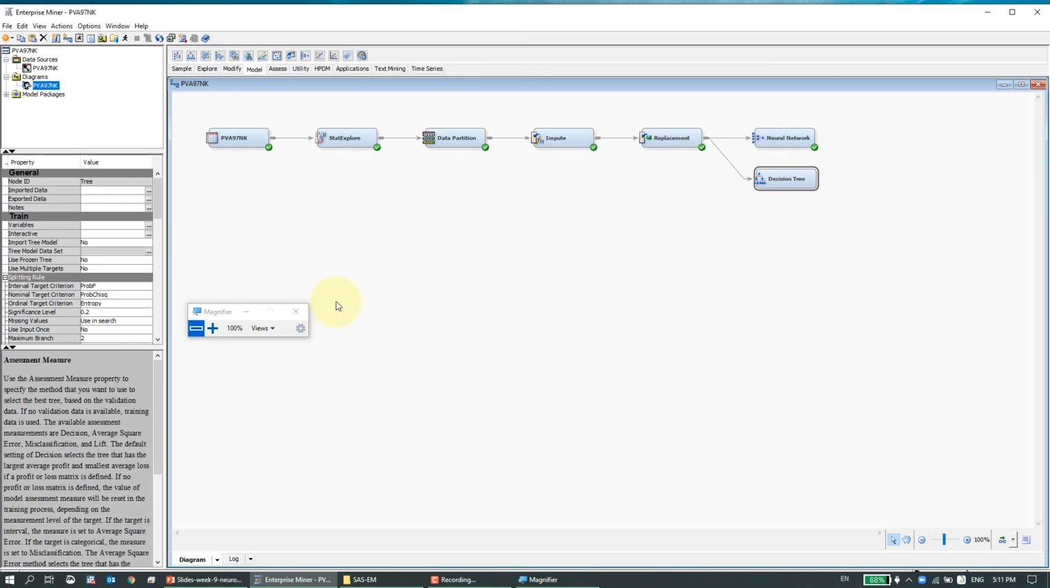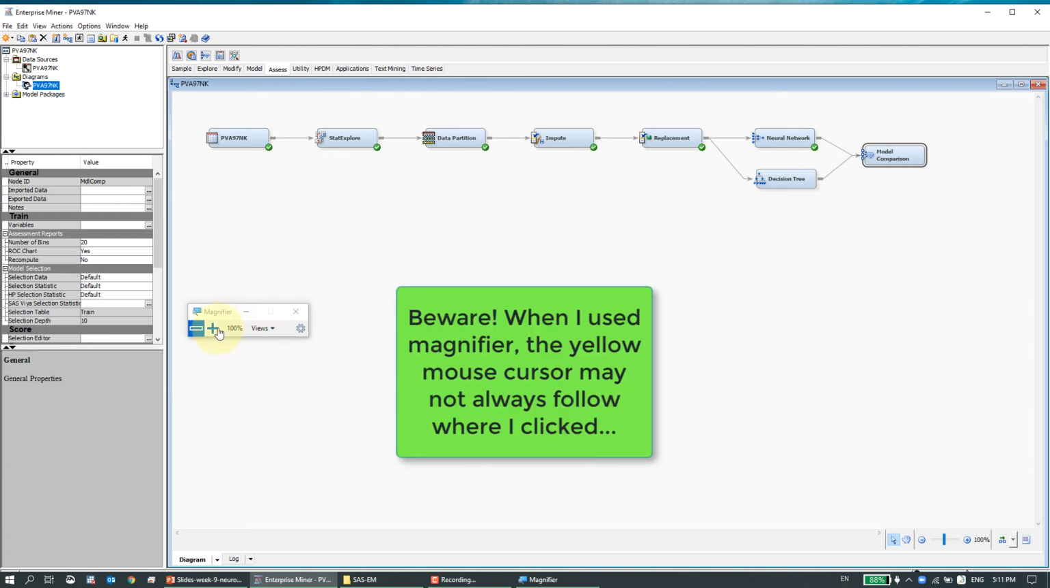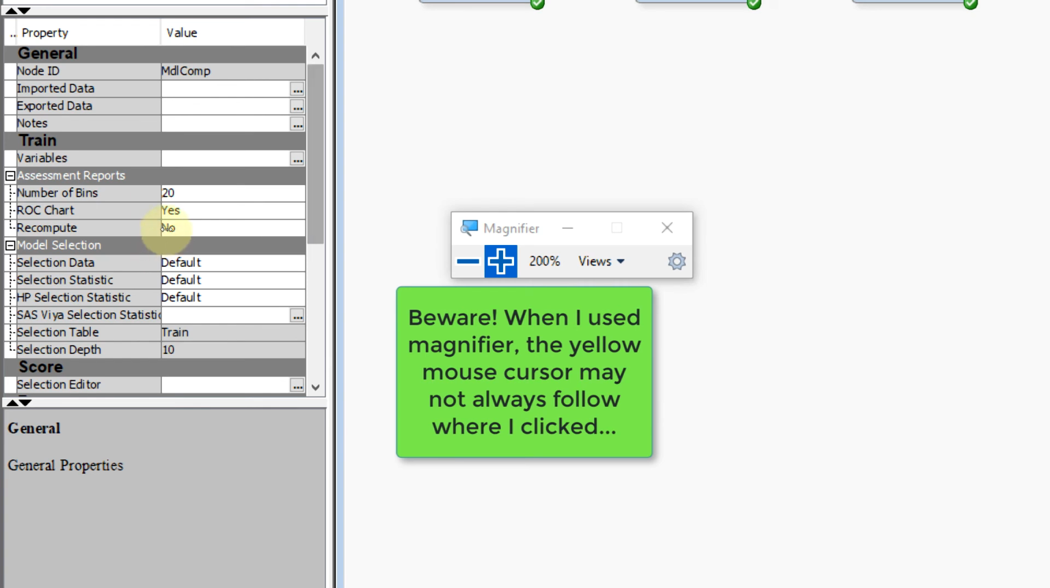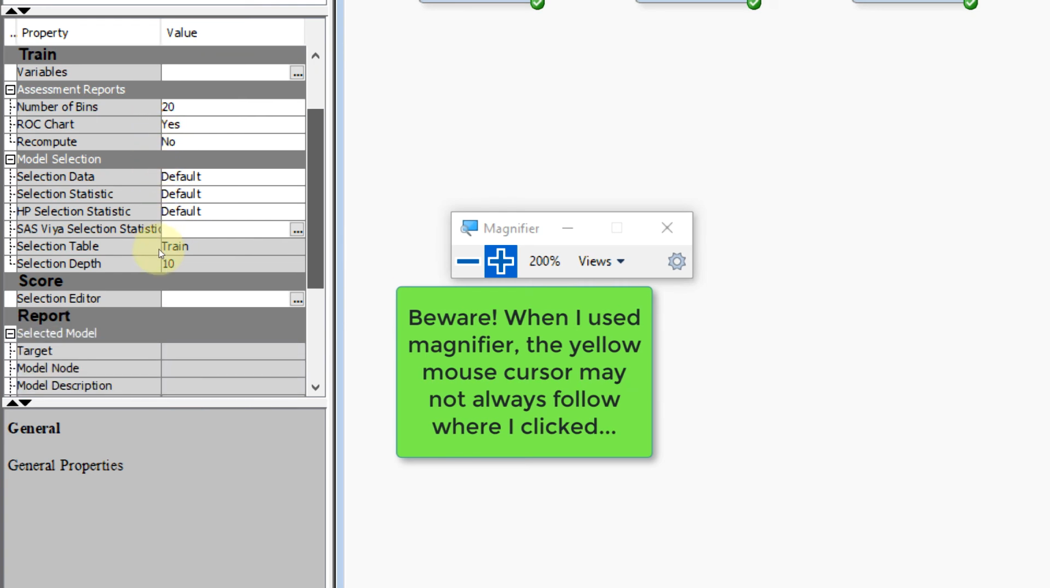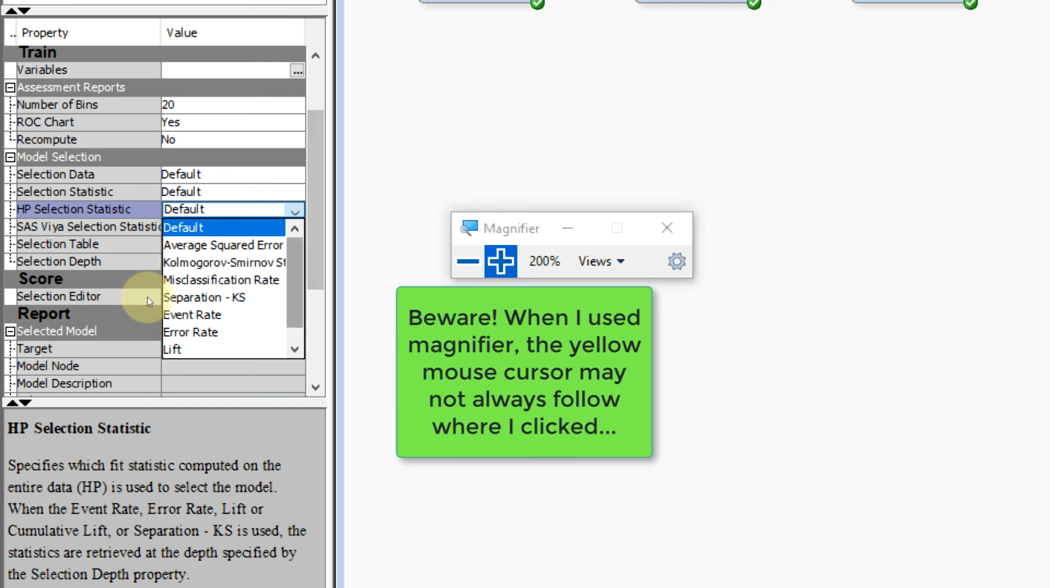And before I train that, I will just complete the path by using the model comparison node to compare the two models. For this model comparison node, I need to make sure that I choose the right comparison criteria. Model selection, selection statistic,